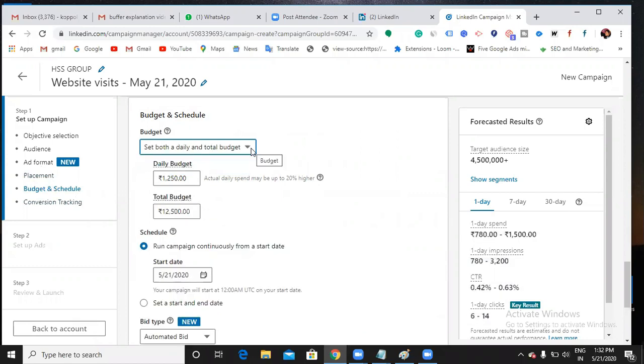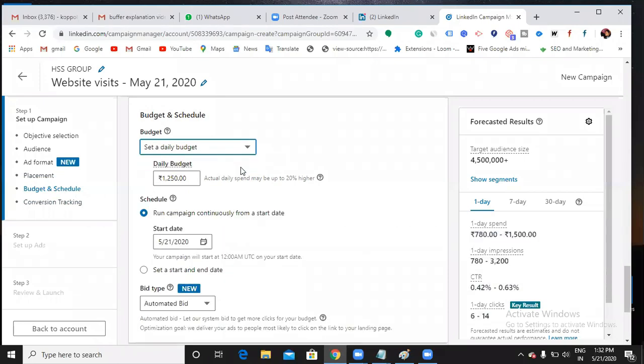Total budget means the maximum budget for the complete campaign, and daily budget means how much you want to spend daily. If you want to specify both, you can, or else it's not required. So daily budget means how much maximum you want to spend daily. Okay, so it automatically took 1250. You can just give it like this.